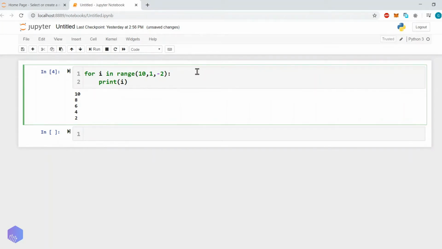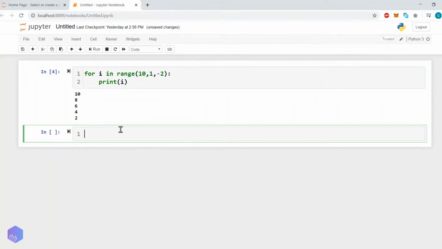Now let's have one example. Let's try to execute the for loop by getting the values from the user. For example, start equals integer input, and we display the message: enter starting range.